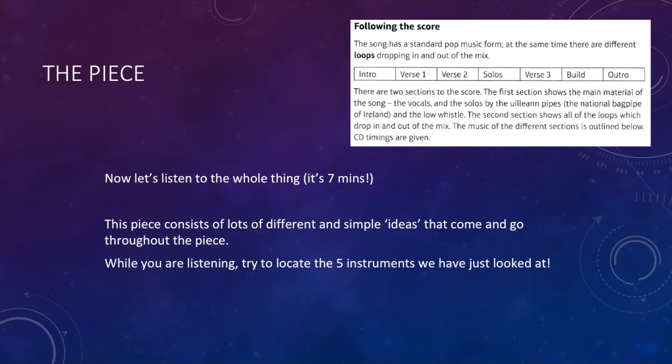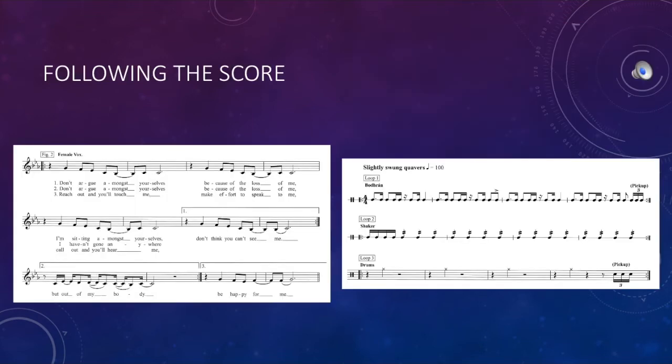So the first section, the first 2 pages of your score, will look like this image on the left. All right, so this has the vocals, and it also has instrumental solos on the hurdy-gurdy and the uilleann pipes. So those are the main things to look out for, and the score will tell you when they're happening and at what point. On the right-hand side over here, you can see the first 3 of numerous loops that are used throughout the piece, and you can see that they've got repeat marks at the end